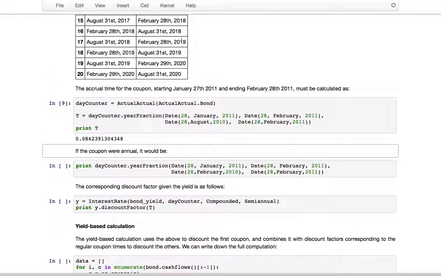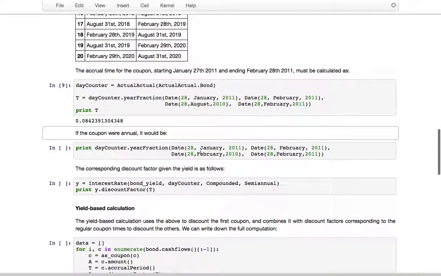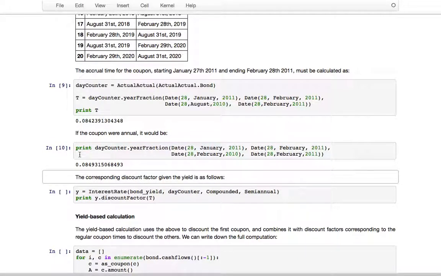If the bond were paying an annual coupon, we would calculate this same year fraction by passing the start and end of the coupon and the start and end of an annual reference period, and this would give a different result, so .0842 versus .0849. So the reference period changes the number in the calculation,